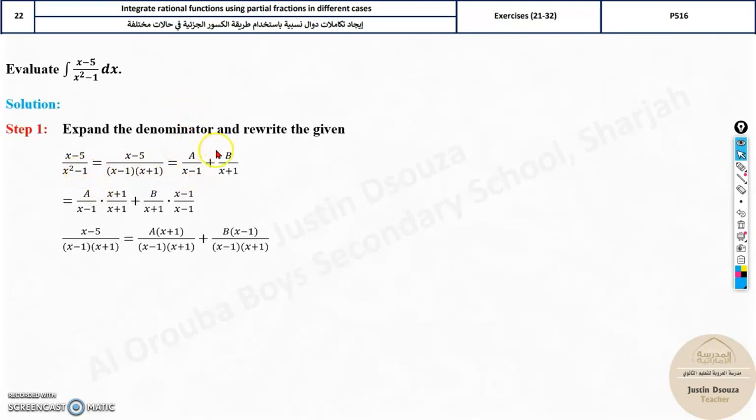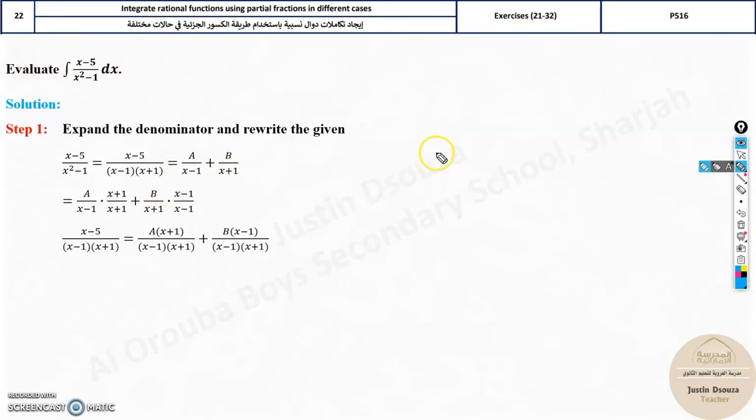You can see something's going to happen, A, B, all this. What we are doing is, look at the problem for now. You're dividing x minus 5 by x squared minus 1. So this is a complicated problem and we do not have a direct integration for this. But